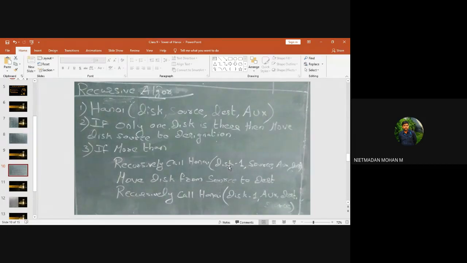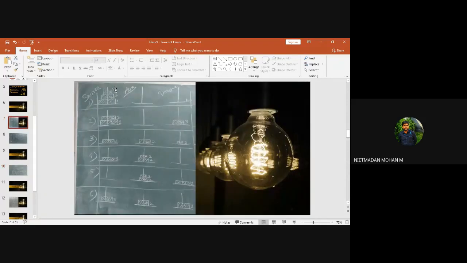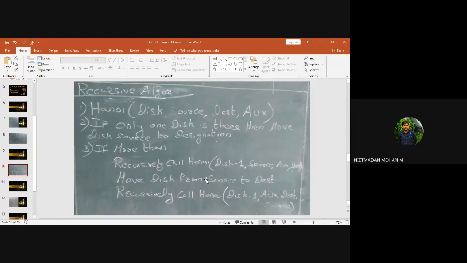If you take disk number 3 first, then you put it directly into the destination. That is what is mentioned here as the first step, and it will repeat using the recursive function call till the destination has been filled with that number of disks under these conditions.